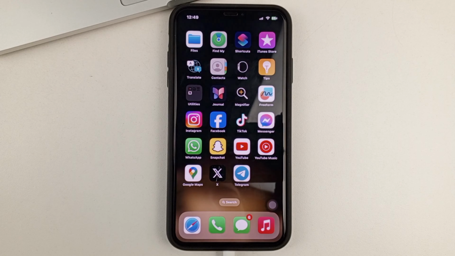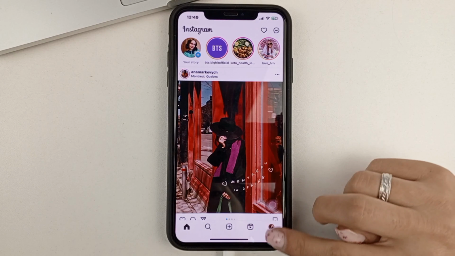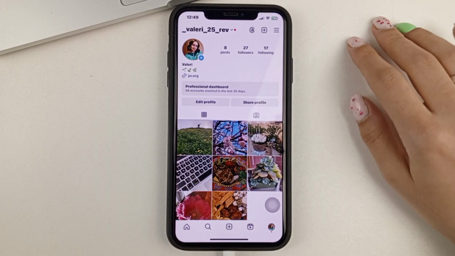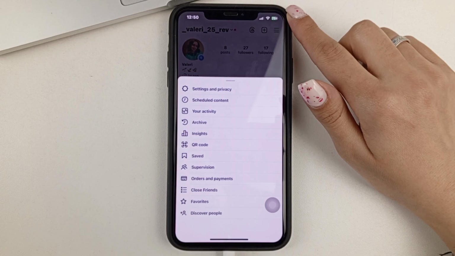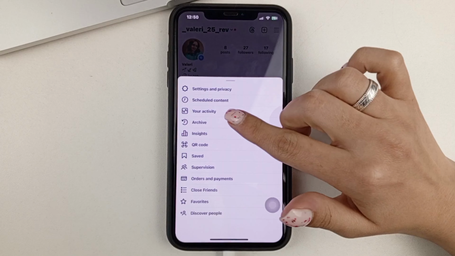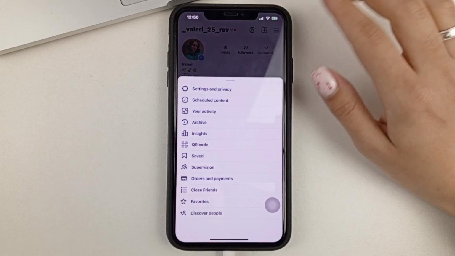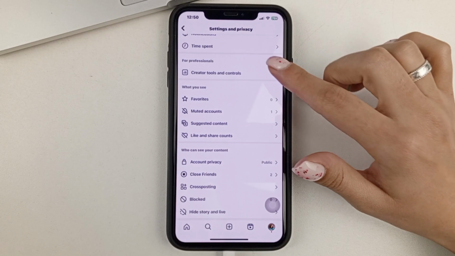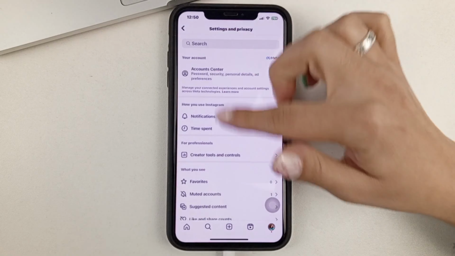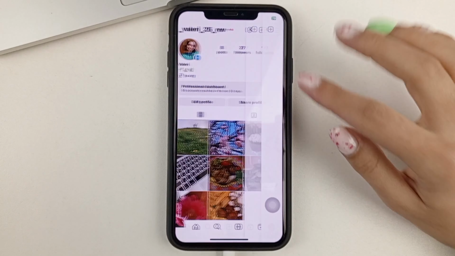And let us get started with you. So, before we start, we're going to open up the Instagram app, and then you're gonna go to your profile. Here, you're going to click on the three bars at the top, and then you're going to need to find your activity. You'll probably have it in this menu, or if you go to Settings, your activity section will be somewhere here, right under Account Center. So we're going to go to our activity.